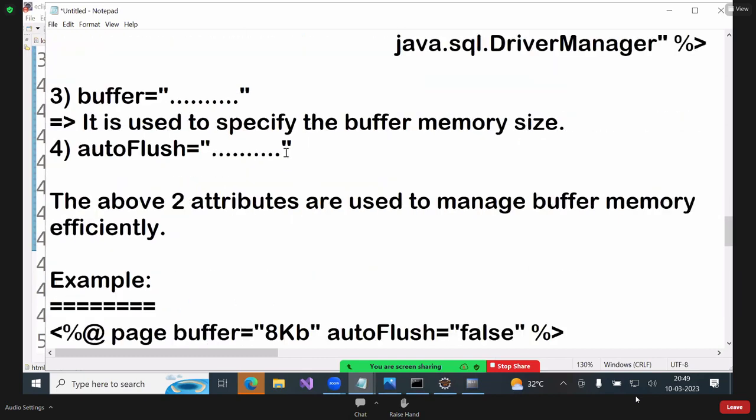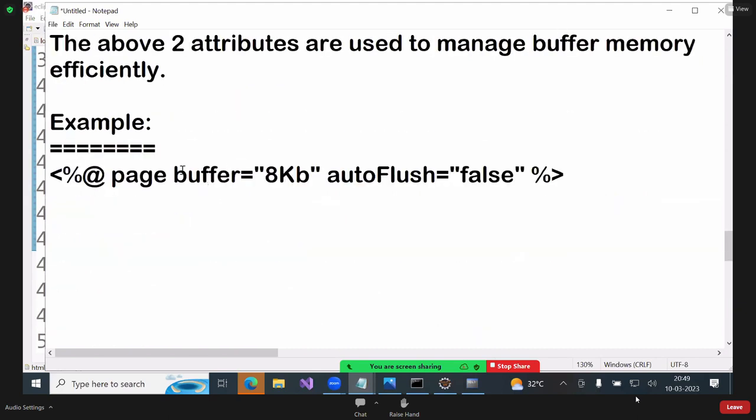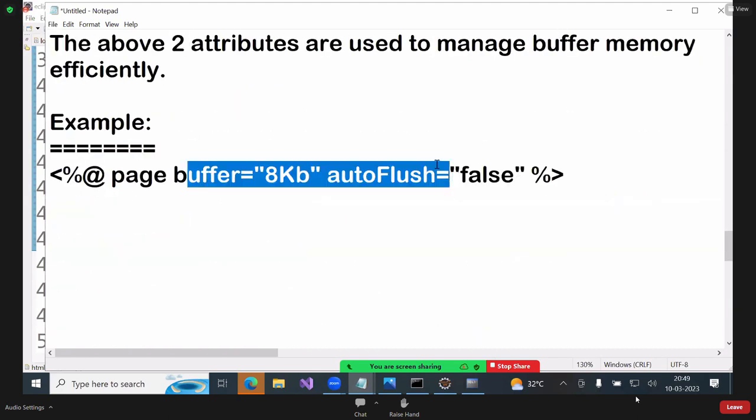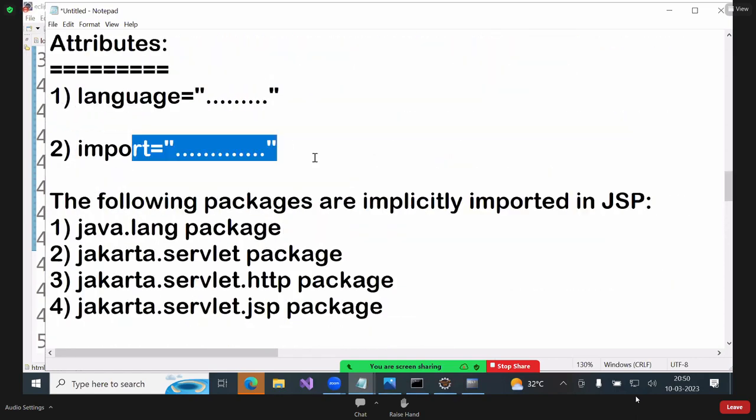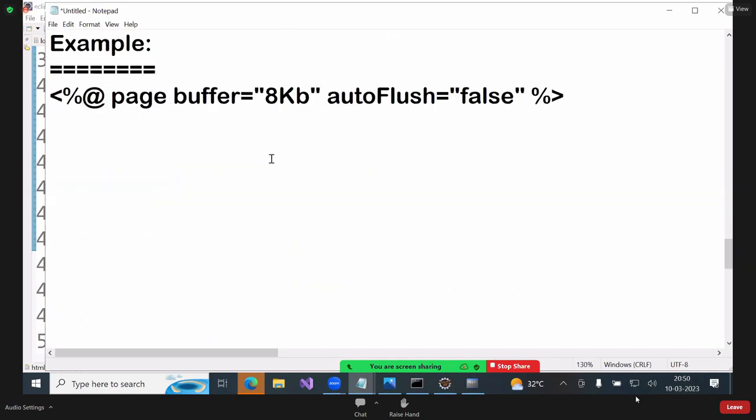Okay. Buffer and auto flush are not important. They are only for memory purpose, if RAM is low in that situation. So 4 attributes are given. Now the present second attribute is the only useful one. Next, fifth one. Now fifth one,